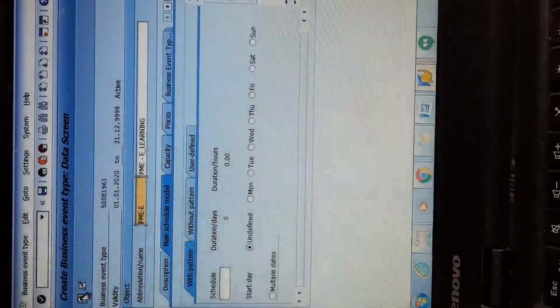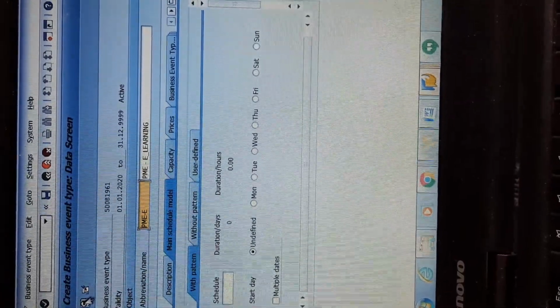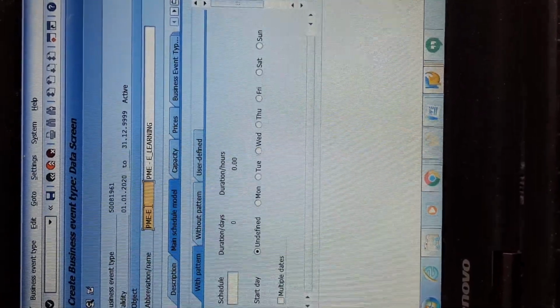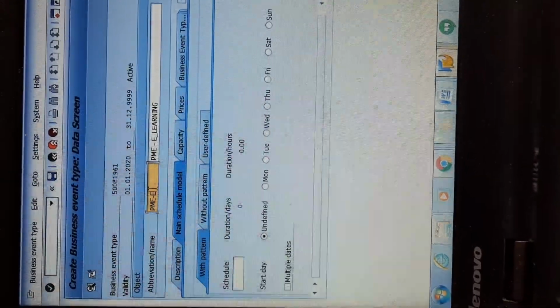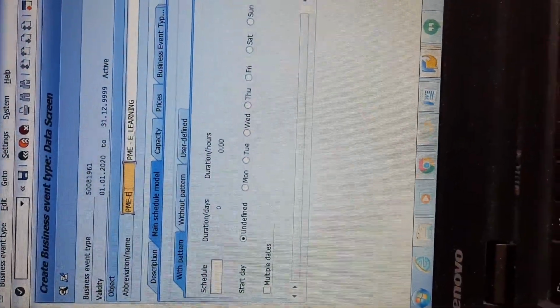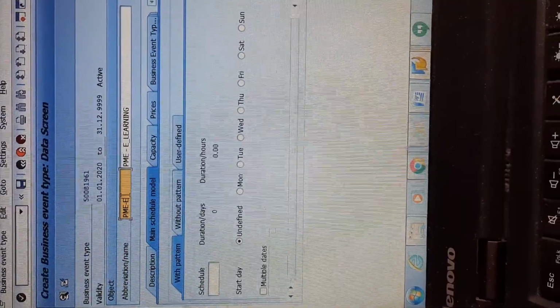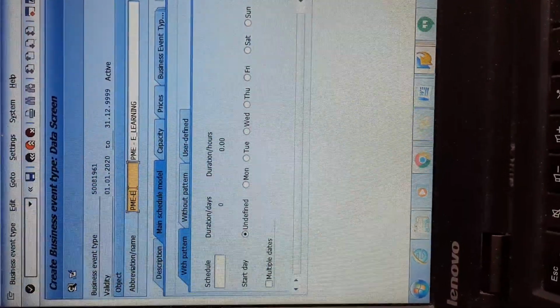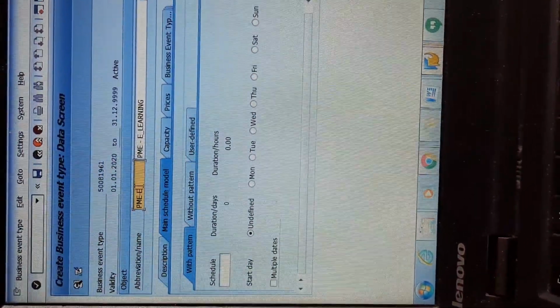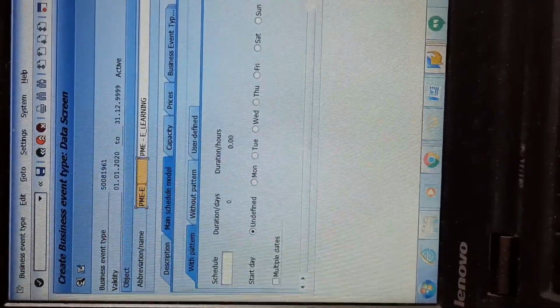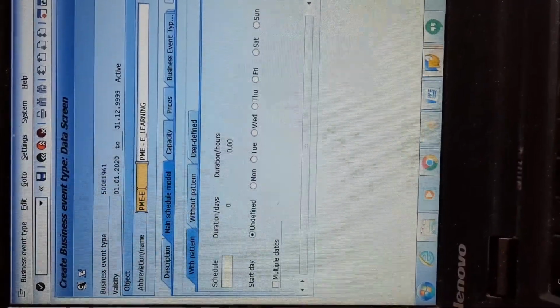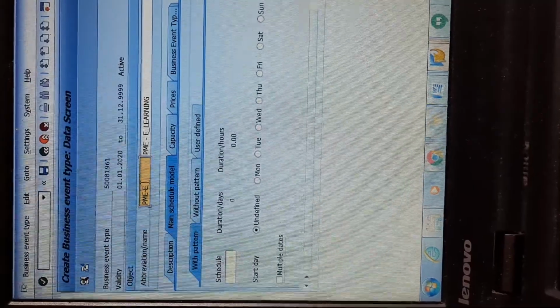I'll press enter. Once you press enter, here also you will get the same error in the place where you can see yellow color as PME. If it is a keyword, it will not be accepted. You can change the name as per your wish, but any person should understand the keyword you have given. That should always make sense.